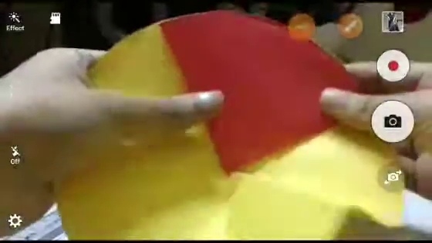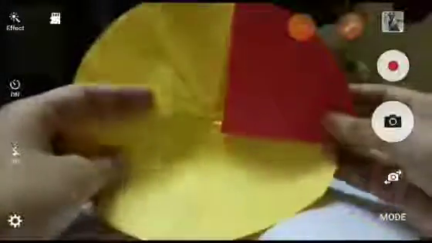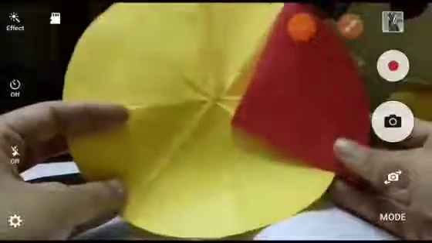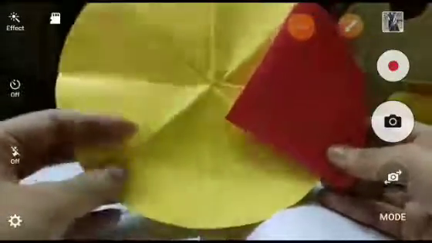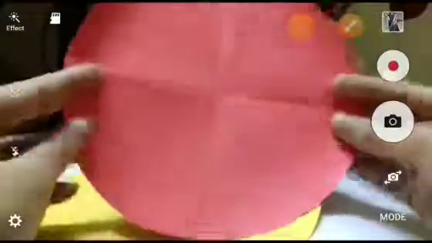Now here I am showing you an example. I hope you can see that I have cut a circular piece of paper from a chart paper. Then you will cut out another piece of circular paper from a different color chart paper.